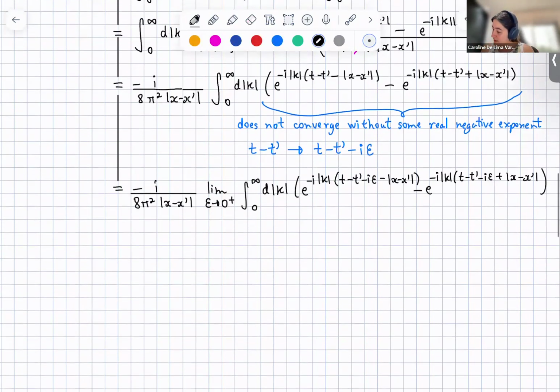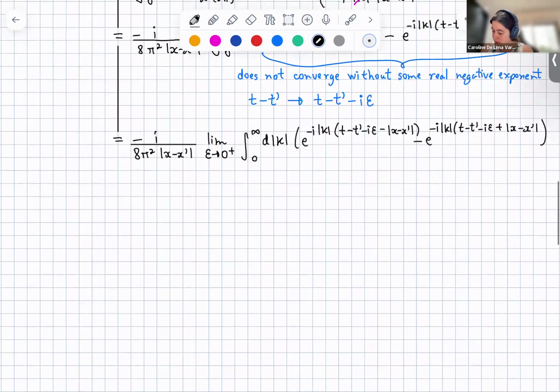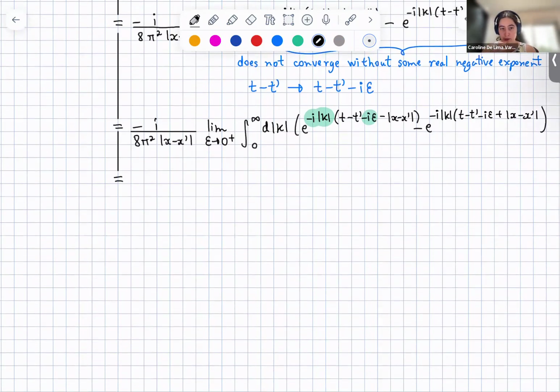So what we find if we do this computation here, now everything is going to converge, right? So we don't have a huge problem, because since we have ik here and then with this minus i epsilon, I'll get just something that is minus epsilon times k. So when I take this k to infinity, this real exponent is going to kill it. So we're going to converge. So if you do this calculation,